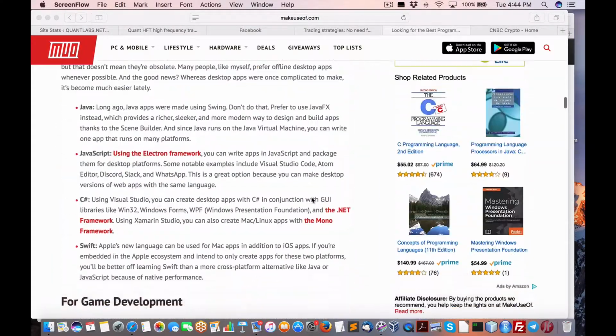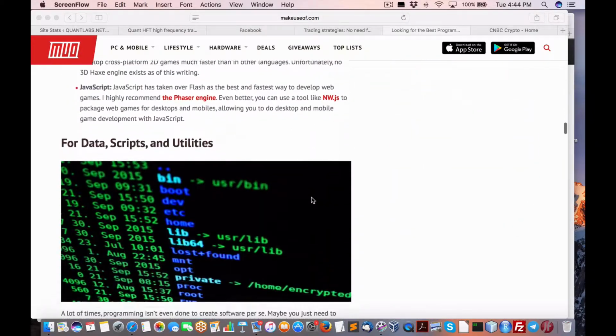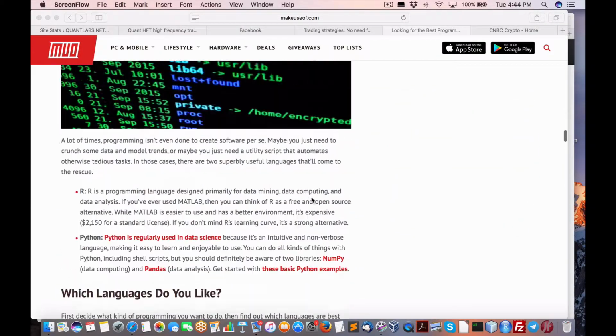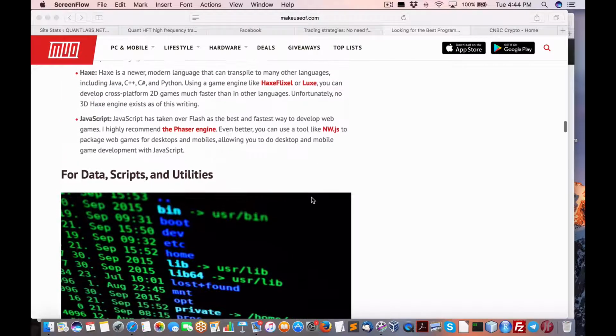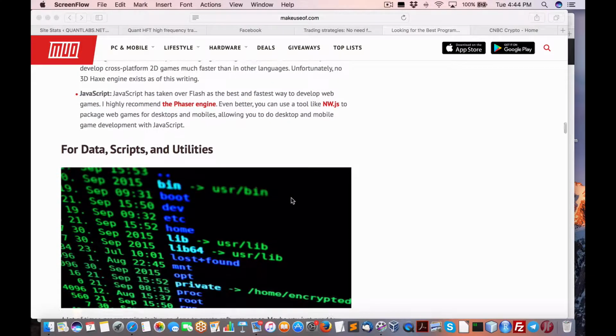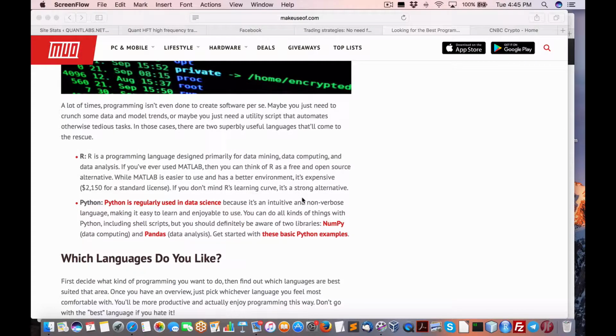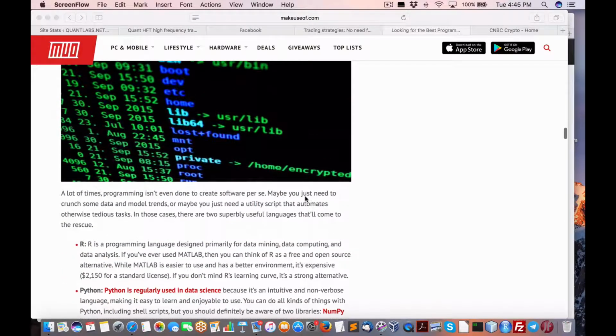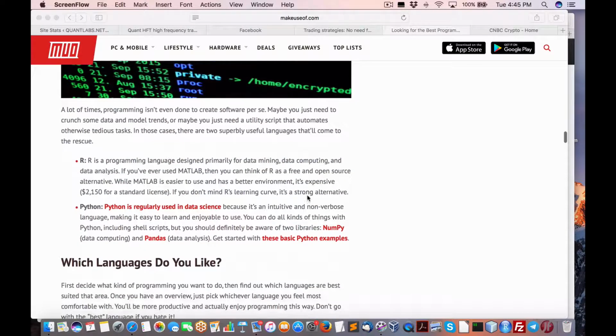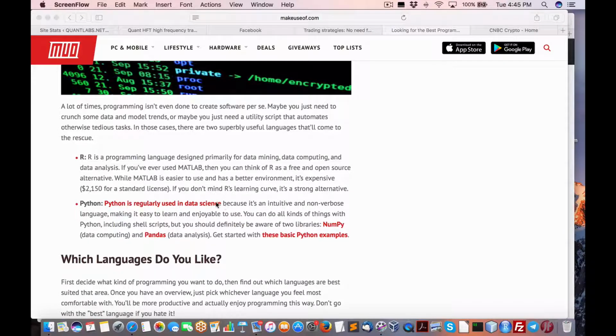Mobile development, we've talked about. Game development, we don't care. Data scripts and utilities. Okay, this is an interesting one. From last night's dinner, I had a discussion about what they prefer. Other languages are still out there. I just find it's very difficult to extend outside of R, outside maybe with Rcpp. Python is now used primarily, as you can see here,